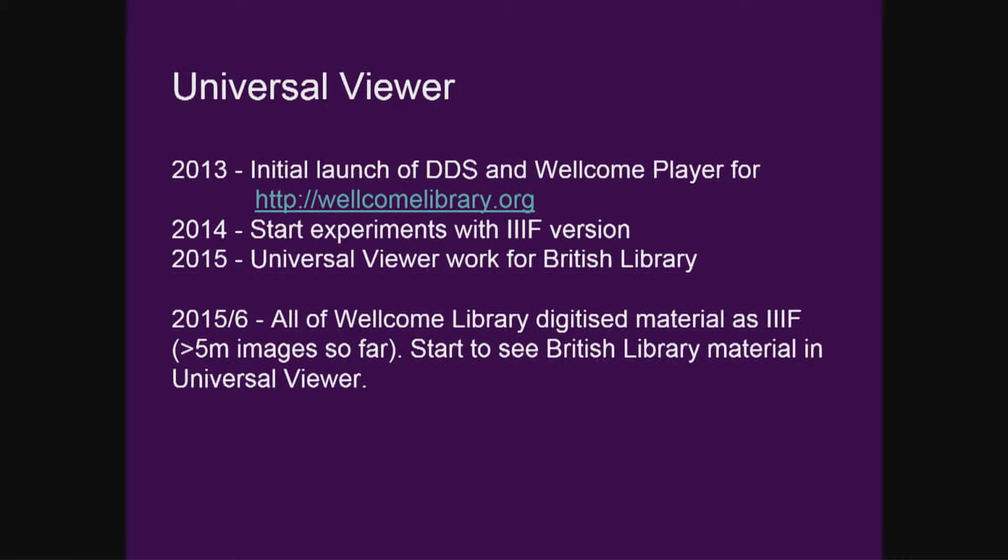At the same time, in late 2014, the British Library started to do comparative analysis of viewing tools so that they could pick a viewing tool which they could then take to become their universal viewer to replace the 27 different silos that they had. Because typically, in a large institution like the British Library, each funding programme to digitise a collection will generate another silo, and they'll all stack up alongside each other.